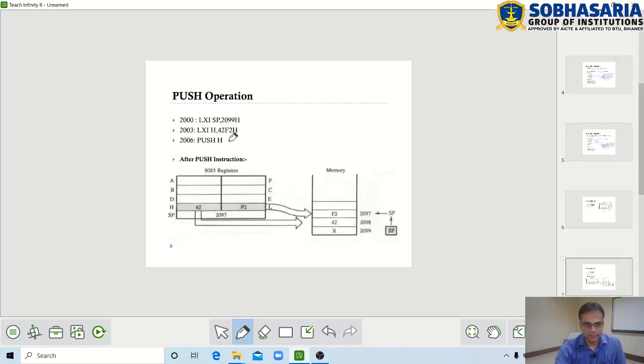So how it will be done? So the content of H and L will be pushed into the stack. Now we have started the stack from 2099 location, this one. So the first step in push operation is the stack pointer will be decremented, it become 2098. Then the content of L will be copied in this location, 42.